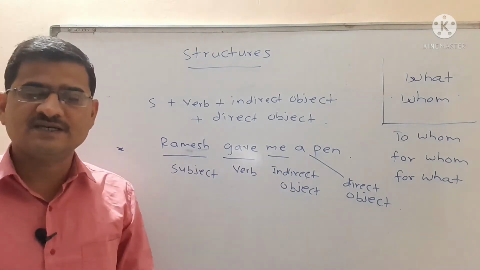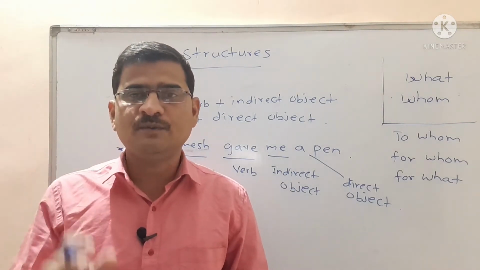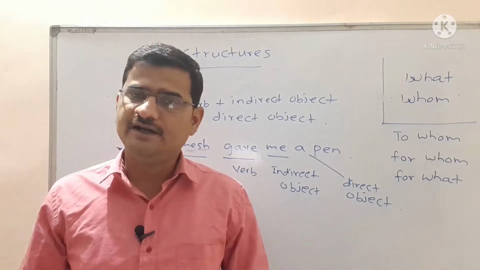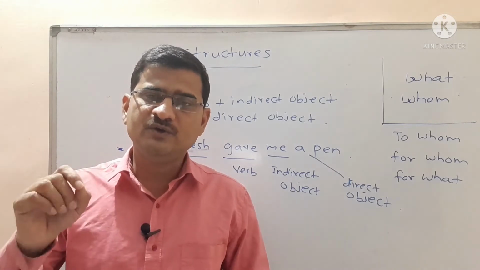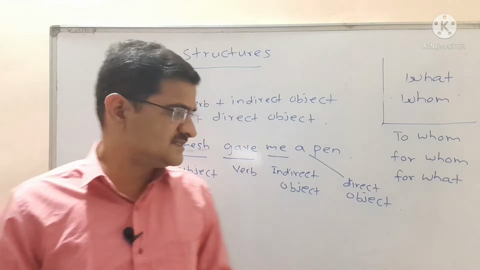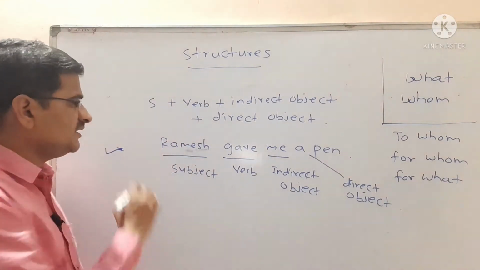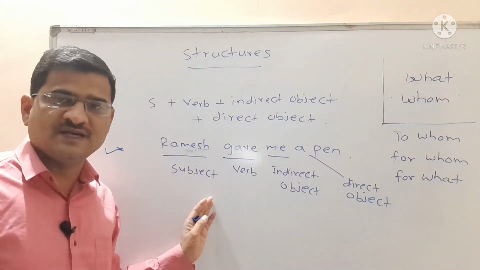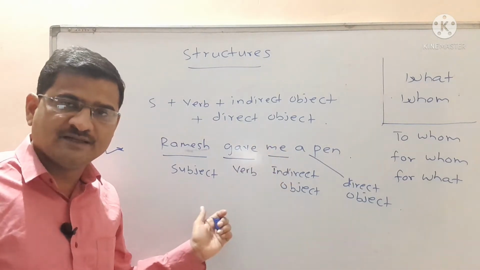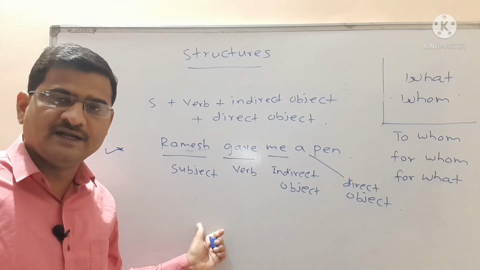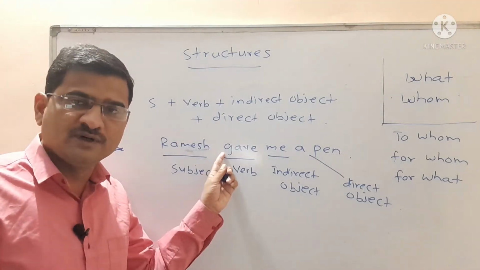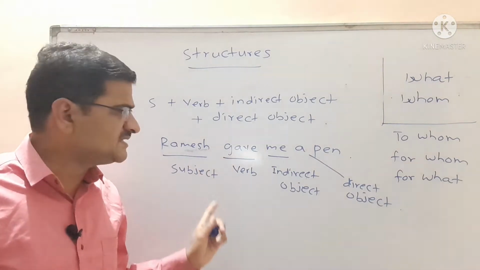It is very necessary that you should have a proper knowledge of the direct object and the indirect object. It is very necessary when you want to turn the sentences of active voice into the passive voice. Here, you can convert this sentence into the passive voice by two ways. You can take the direct object at the beginning of the sentence, or you can take an indirect object at the beginning of the sentence in order to convert this sentence into a passive voice.